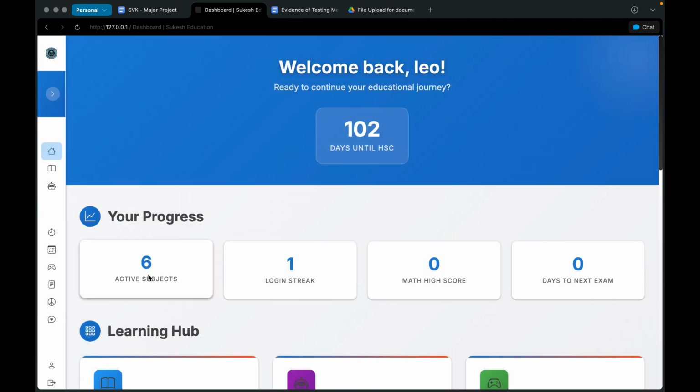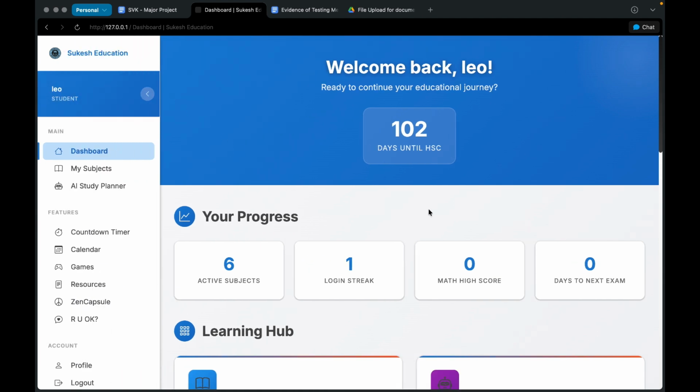So here we have your progress menu. So active subjects, login streak, math high score, days to next exam. Are you confused what that means? Well look, active subjects is controlled by here, how many subjects you have actively. Login streak is if you've been logging into your application every day, so it's a gamification to keep you coming. Math high score, well, it's from these games. You play a game and then your high score gets logged there, and days to next exam is from the countdown